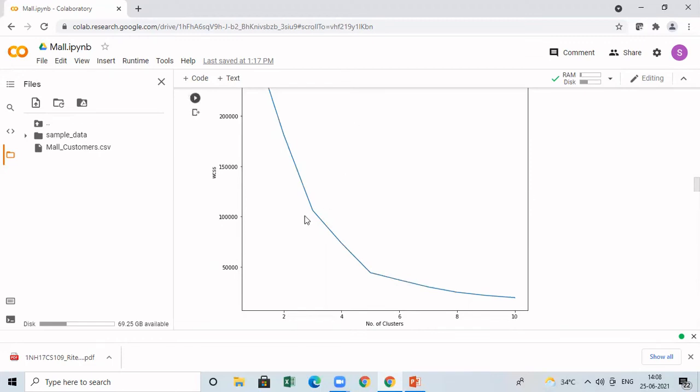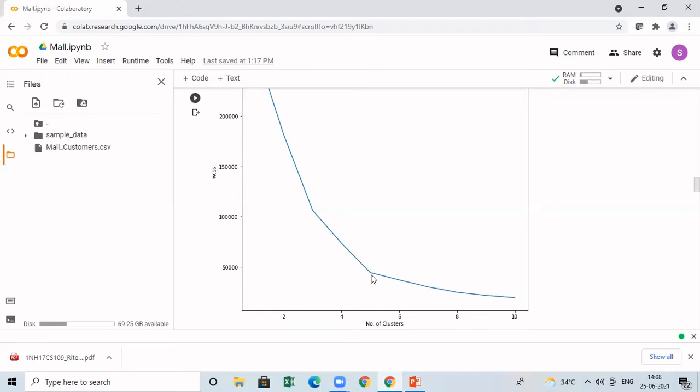So how to get the optimal value? If you see this, this is the elbow curve. You know, if you bend your elbow, it has a shape like this. So in this curve, you see which is a sharp bend. Here you have one bend, and here also you have the other bend. Look at the sharp bend. This bend is very sharp. So that means that I am going to consider the point corresponding to this particular value.